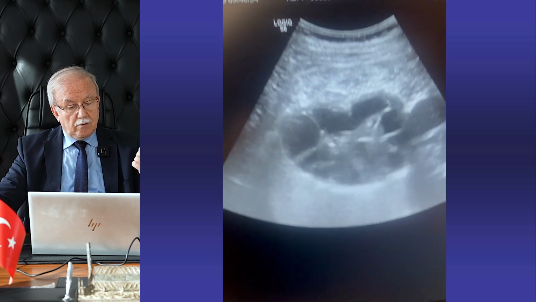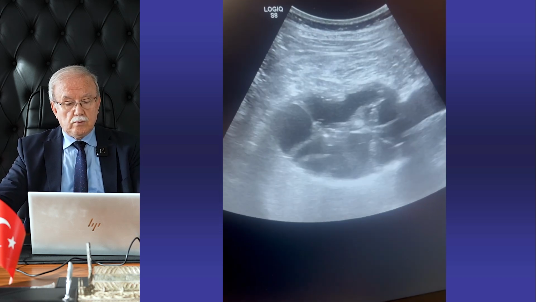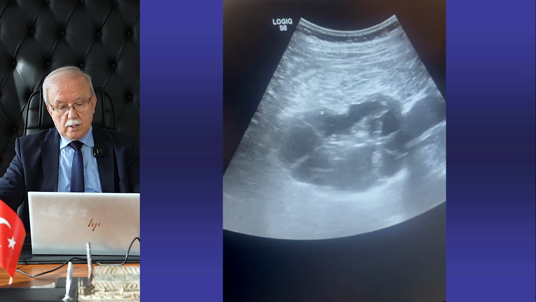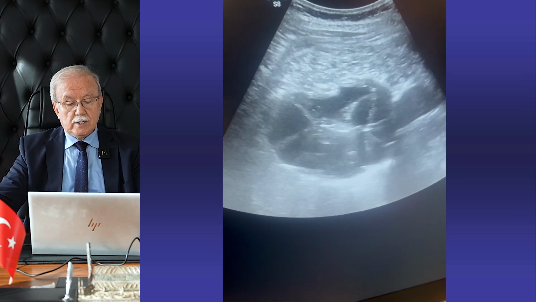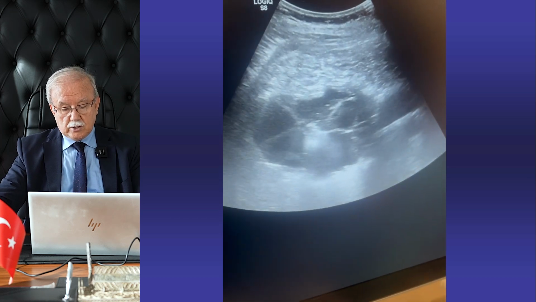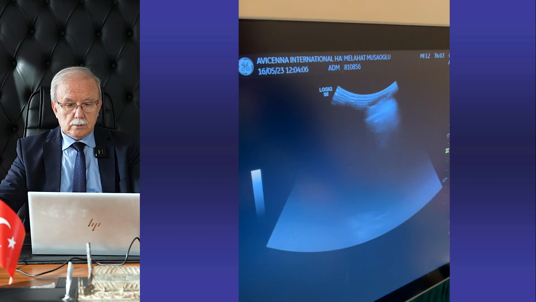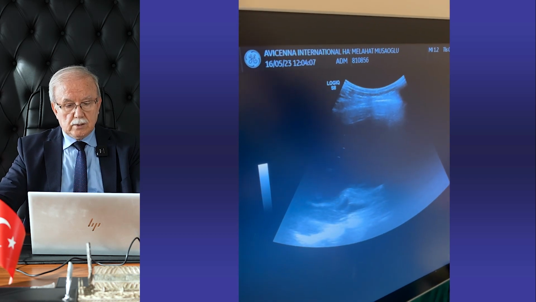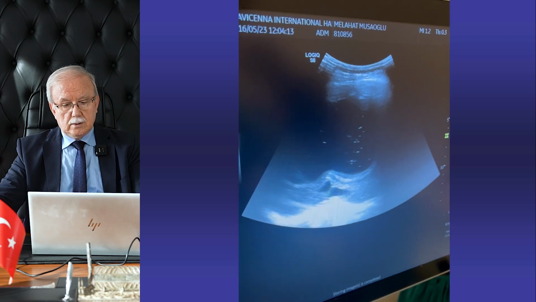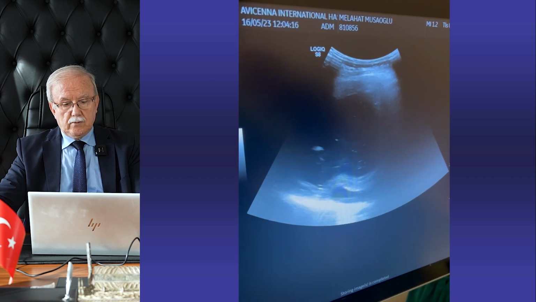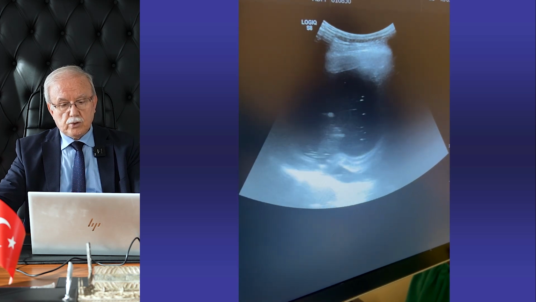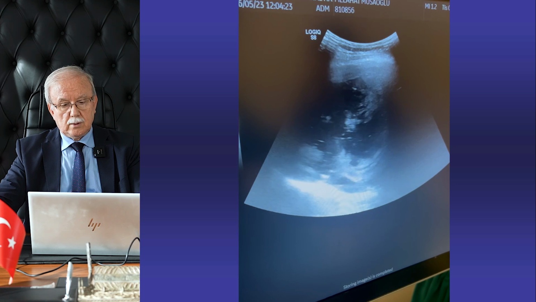And then we give 2 volumes of pure alcohol and 1 volume of polidocanol. Wait 5 minutes and then remove the needle, that's all. This is polyclinic-based treatment. You see, this is a type 1 hydatid cyst. We now punctured, aspirated a little bit, and then injected pure alcohol plus polidocanol.